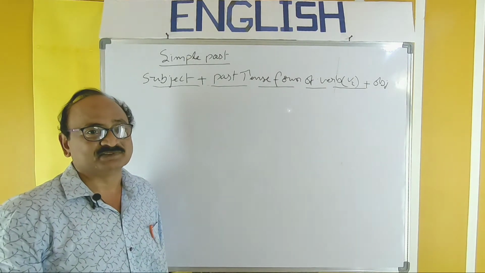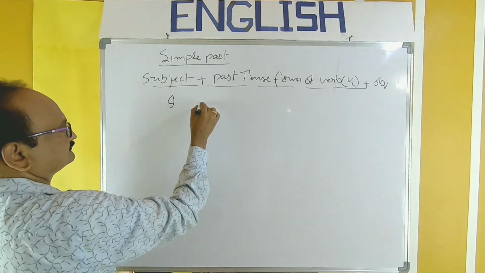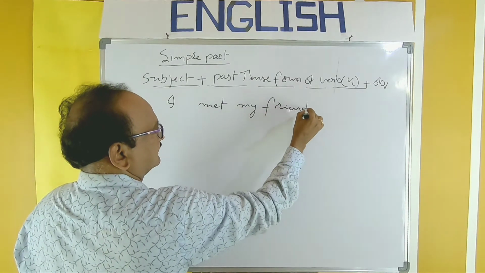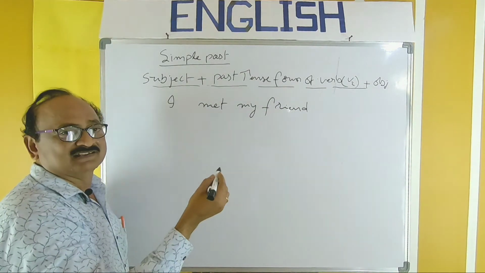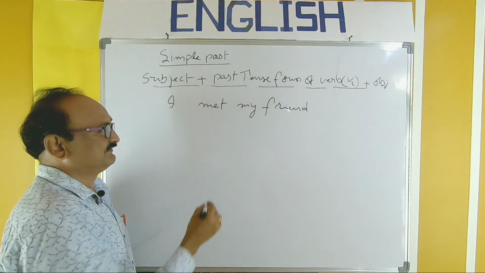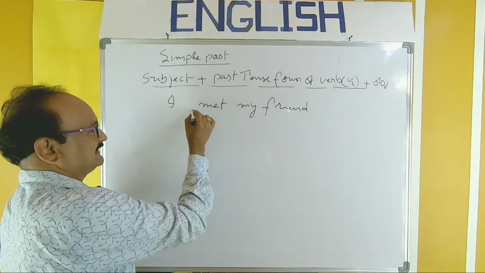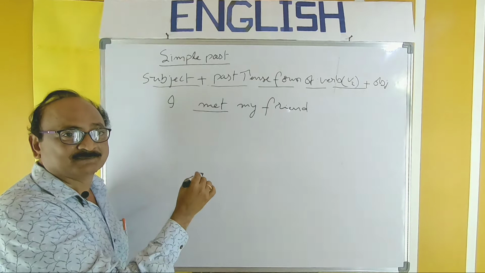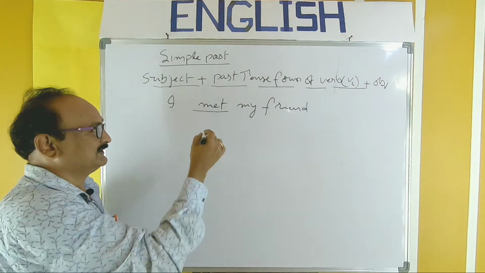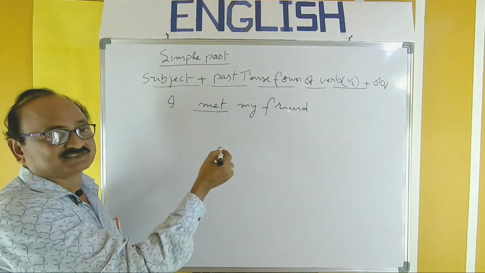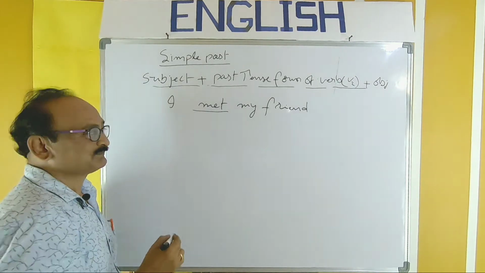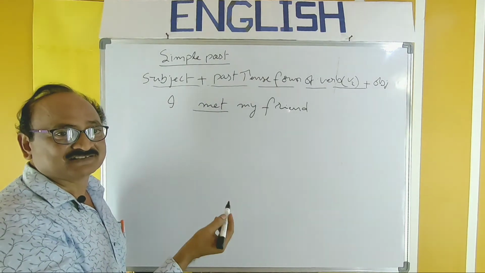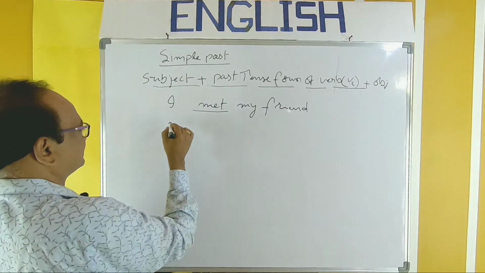Take a few examples. I met my friend. Of course, you can use a past time expression something like that, and you will see the usage of time later. First, learn the basic examples. So, I met my friend. Meet, met, met. Here, we used the second form. Though the second and third forms are the same, we are supposed to use the second form. It doesn't matter here. Sometimes the forms are different, and in that case you should use the proper form like this.